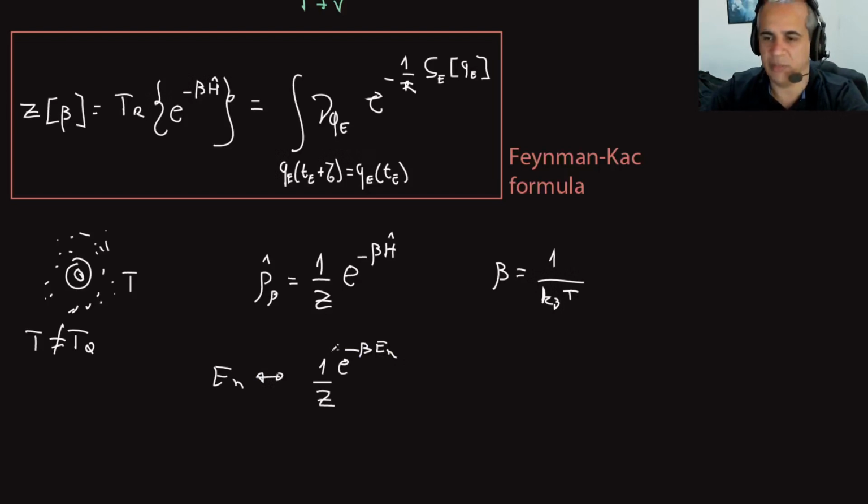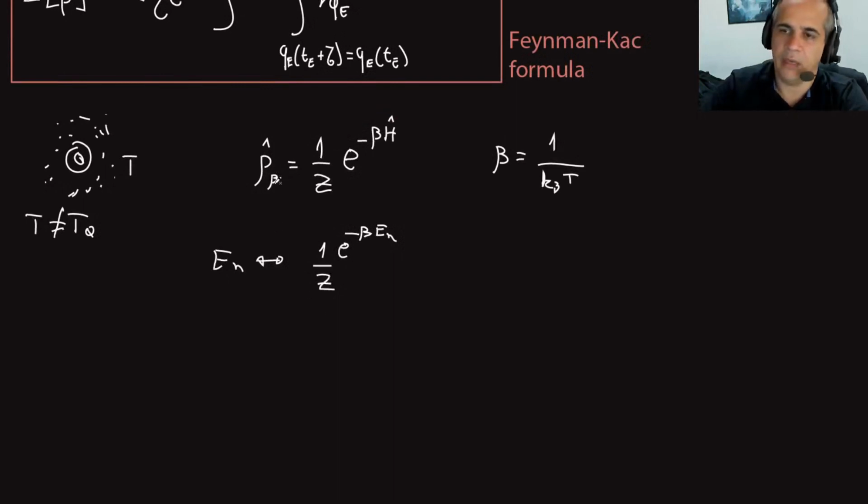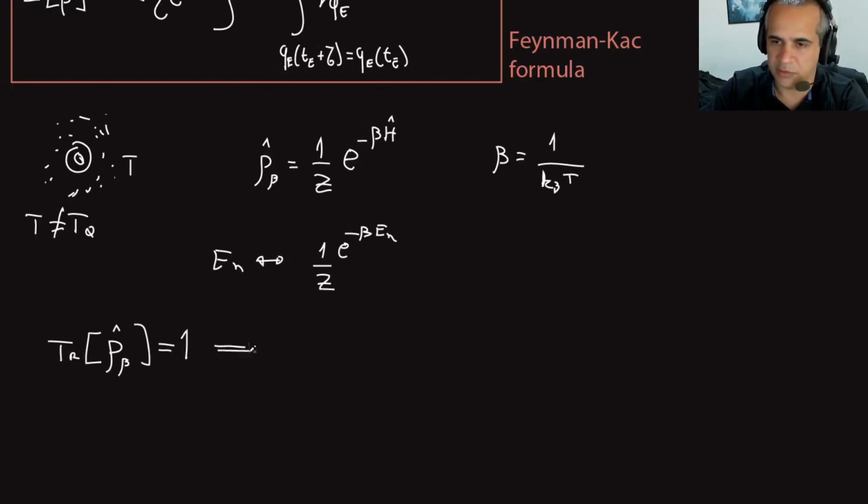So this density matrix is encoding all these probabilities, and there's a normalization condition for the density matrix, which is that the trace of the density matrix is 1, which of course implies, if I use this, that Z of beta